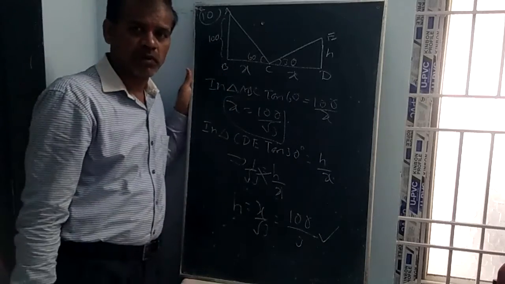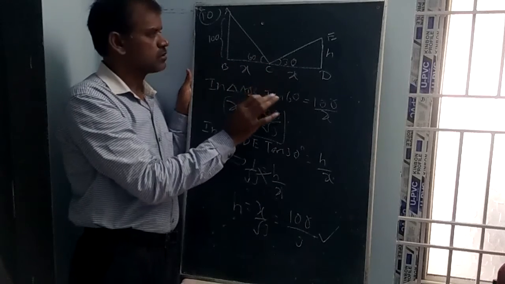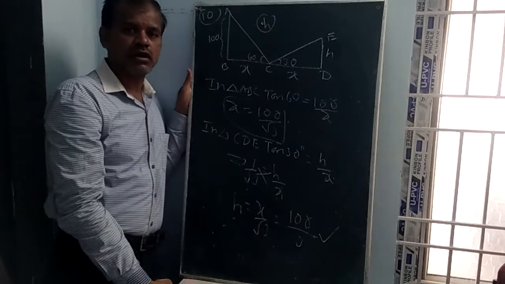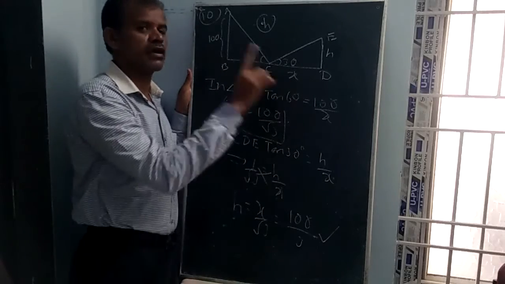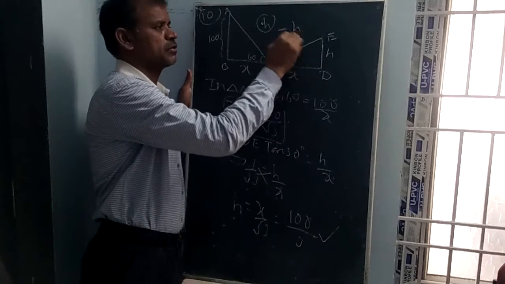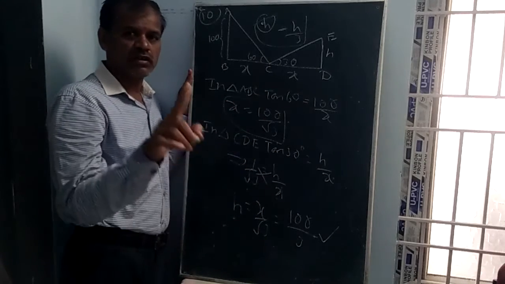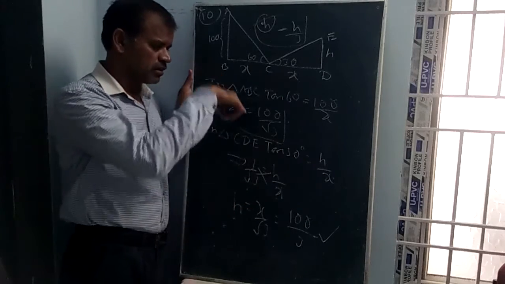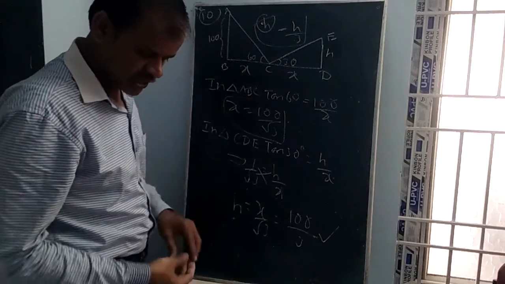This we can remember as a formula. If the two towers are at some distance, and the height of the first tower is h, and the angles of elevation of the two towers at a midpoint of the line joining the feet of the towers are complementary, meaning the sum of the two angles is 90 degrees, then the height of the second tower is h by 3; directly you can write it. This was given in JEE Mains 2002, simply the answer is h by 3. Later the question was converted into a sum like this, 100 by 3. Now let us see 22nd question.